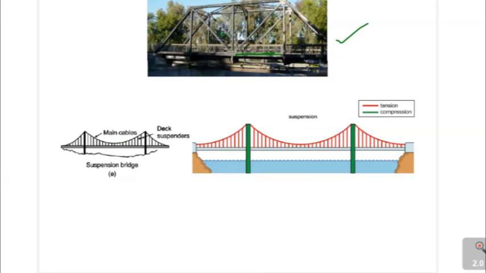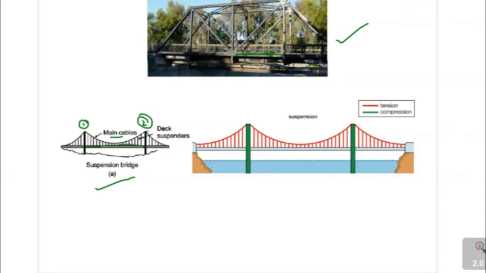And the next example is the suspension bridge. This suspension bridge is a bit different compared to the cable stayed bridge. A main cable is going to run from the first support to the second support, and there are other cables from which this complete deck is suspended.